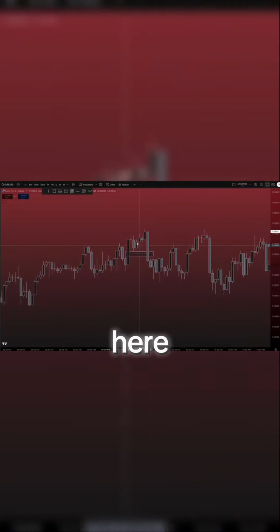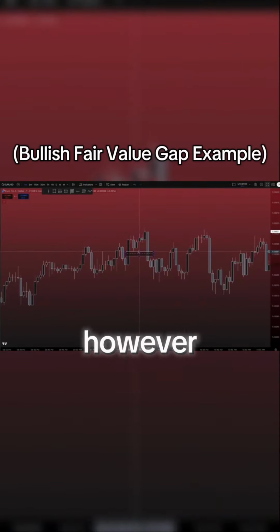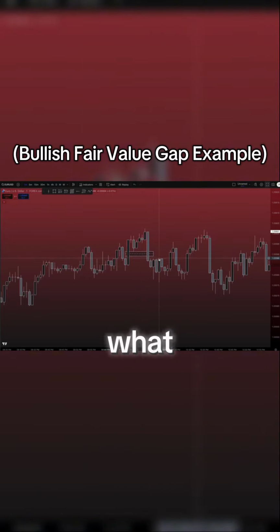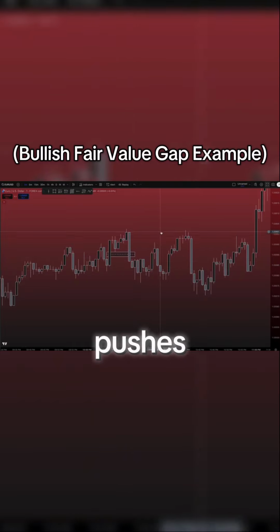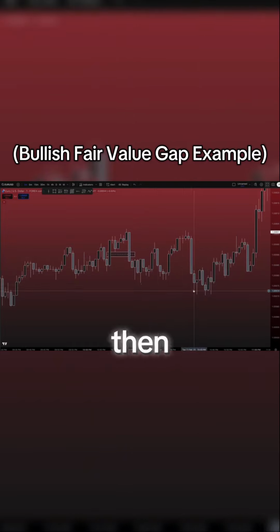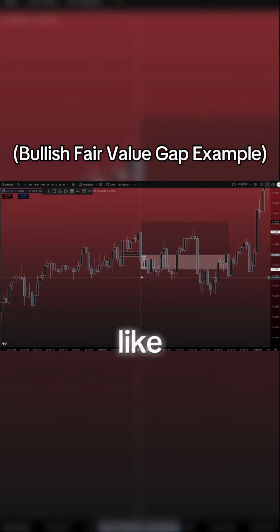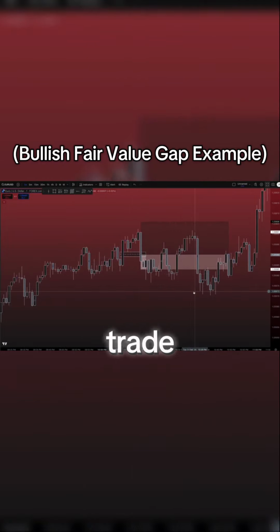So let's start here. As you can see, we have a fair value gap. However, it gets closed below the fair value gap. So what happens? Price after that then moves down, pushes back up, but then moves back down. So let's say you had a stop loss right around here. You would have been stopped out of the trade because it was not a fair value gap that was valid